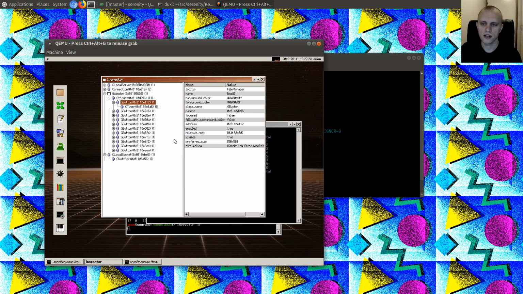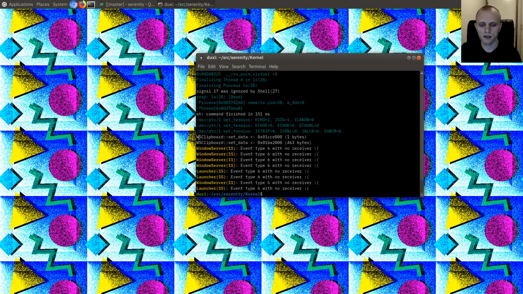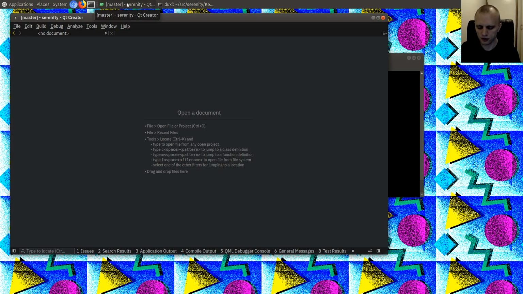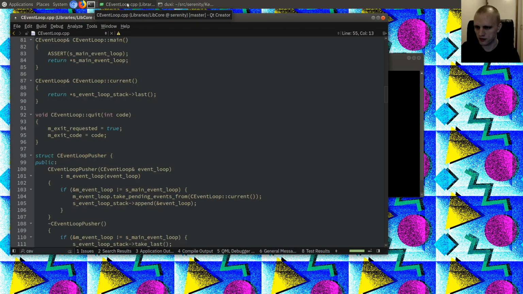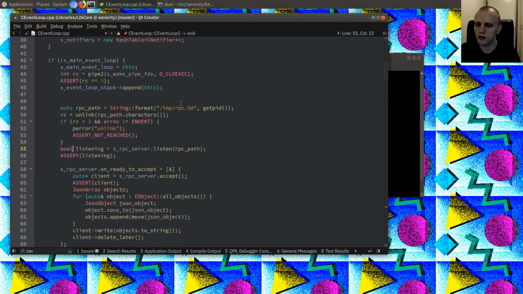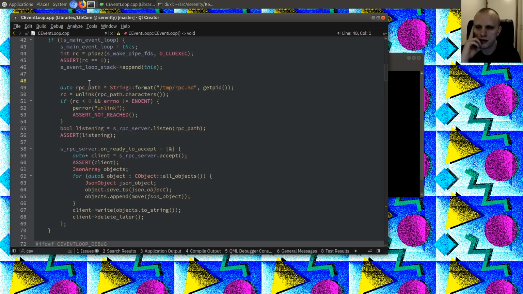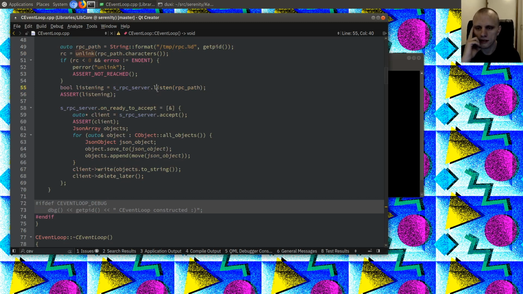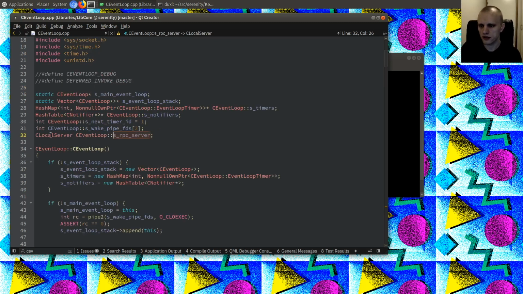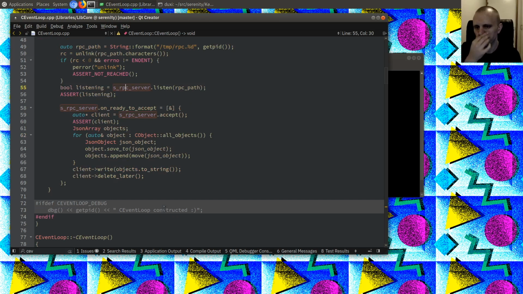But the first thing we're going to do today is to just make this command-based instead of just having it dump on connect, because when you connect to it, it will just dump everything and then disconnect you. So I'll show you what that looks like in the C event loop code. So here is the RPC server. First we create the file name like this, unlink it if it already exists, and then we have an RPC server, which is just a C local server. That's a convenience object that implements a local socket server. So it listens on this path, and then